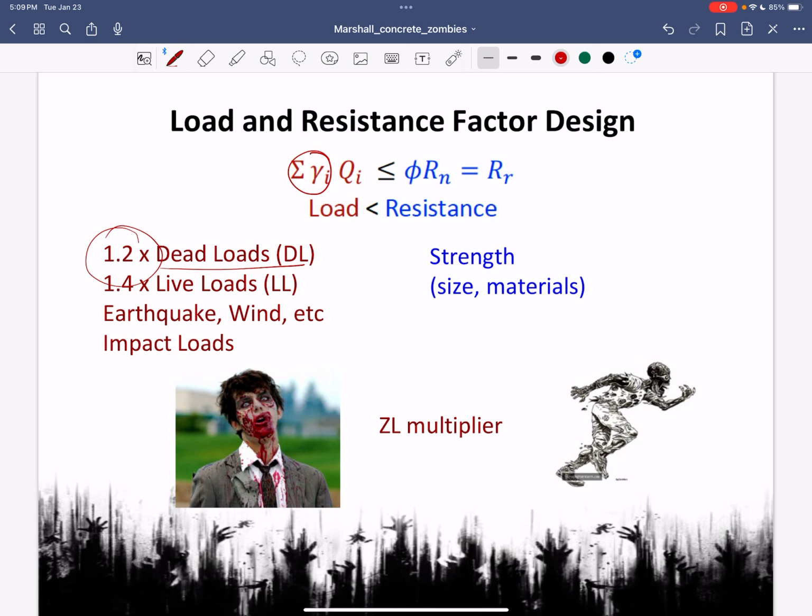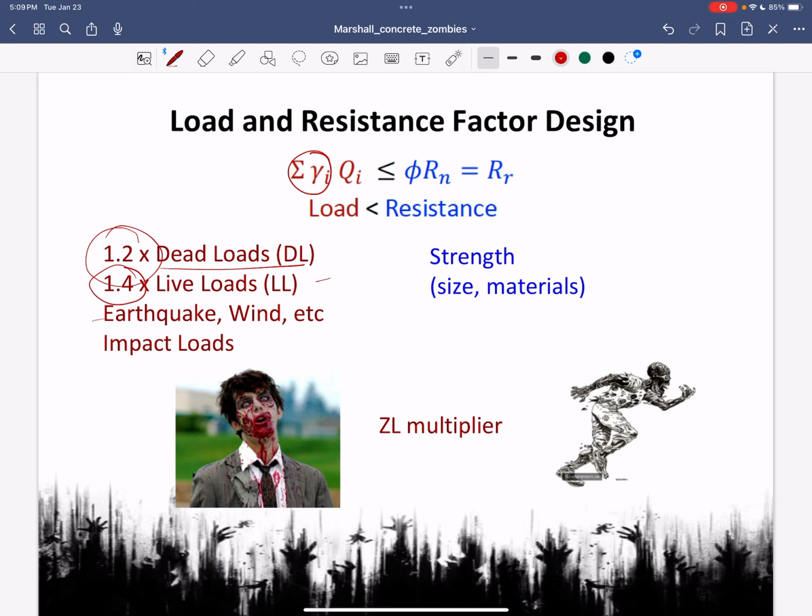Live loads are things like people, anything that can be moved around, like the furniture in the room. And so that I don't have quite as much control over, so I get a 40% tax on that. I get really high taxes on things like earthquakes, blast loads, but they don't happen as frequently. So I know there's going to be self-weight, and I know there's going to be some sort of live load. But earthquakes, they don't happen all the time, so I do some weighting of how likely that's going to happen.